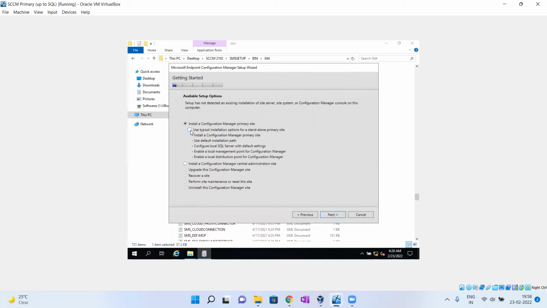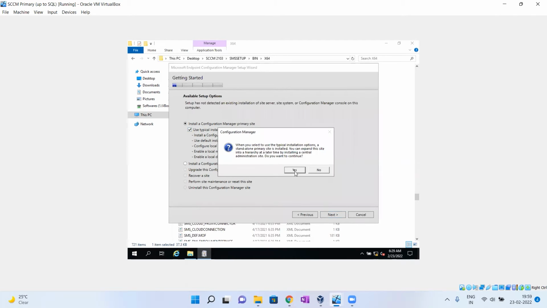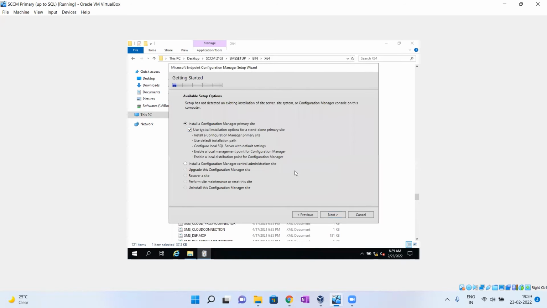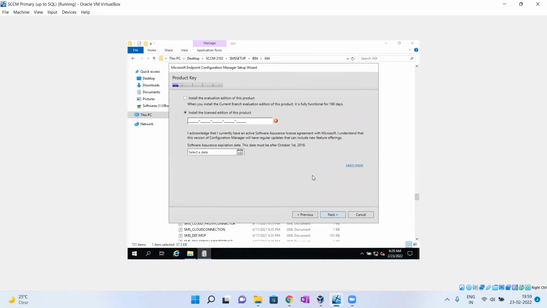If you are installing the standalone primary side, you can select this one. If you need to install the CAS side, then you need to select this radio button. Now I'm installing only the standalone primary side, that's why I'm selecting here. Click next. Click next. I don't have any key, so I'm selecting the first option.